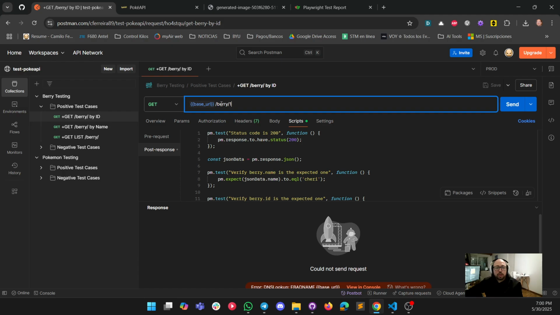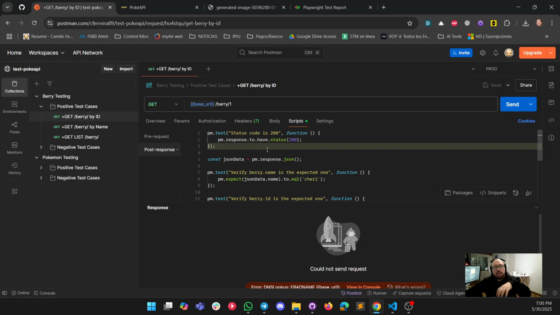So in this case, we are checking the Berry resource, sorry for that, with the ID one. Basically, we want to make sure that in the case that we're doing a search or trying to retrieve that information, we're going to be capable of doing that by the ID. Okay. Something else is that the test cases, or the validations, are going to be